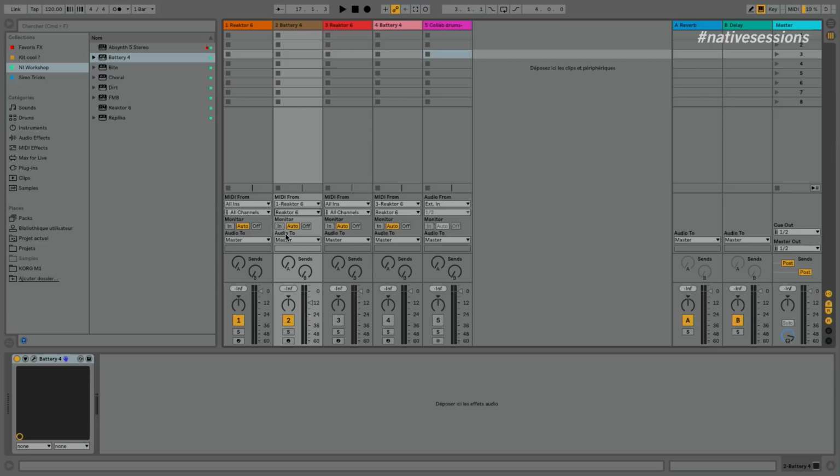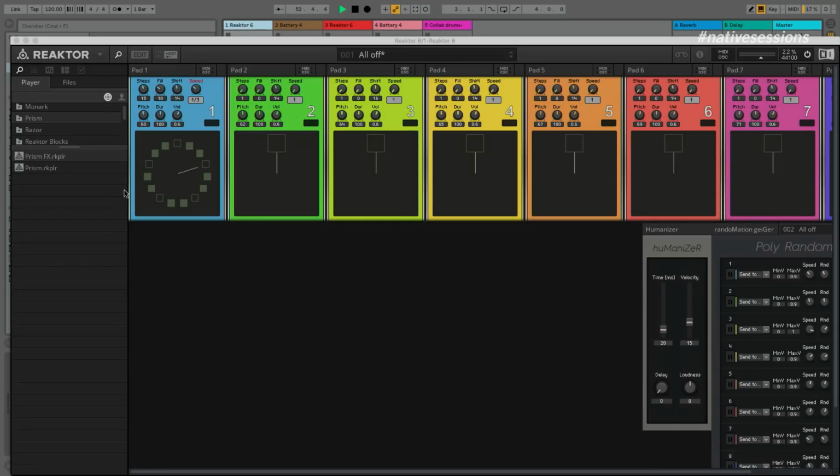What I did is make a connection to send the MIDI from Reaktor to Battery. So here the kick is played by Reaktor and then in Battery, and then I'm gonna do many different layers with the other frames.